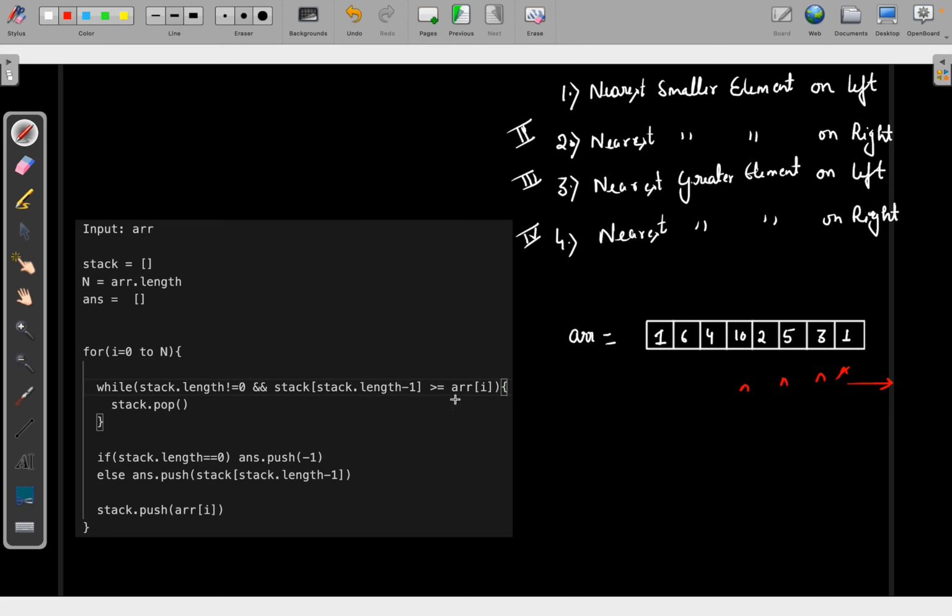So yes, there will be a few tweaks here and there. That's it, and then you will be able to solve all four types of questions. And trust me, these four types are important. I have covered the fundamentals, but from now onwards, we will try to solve more and more complex problems. That's all for today. See you in the next